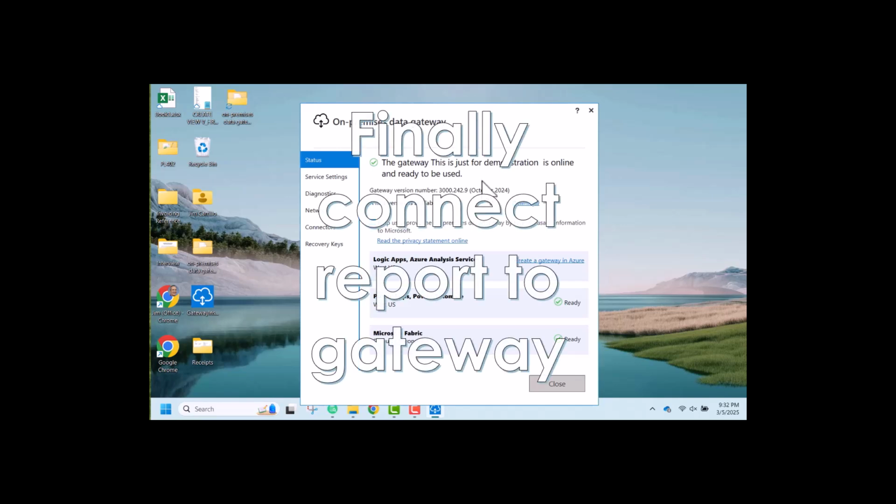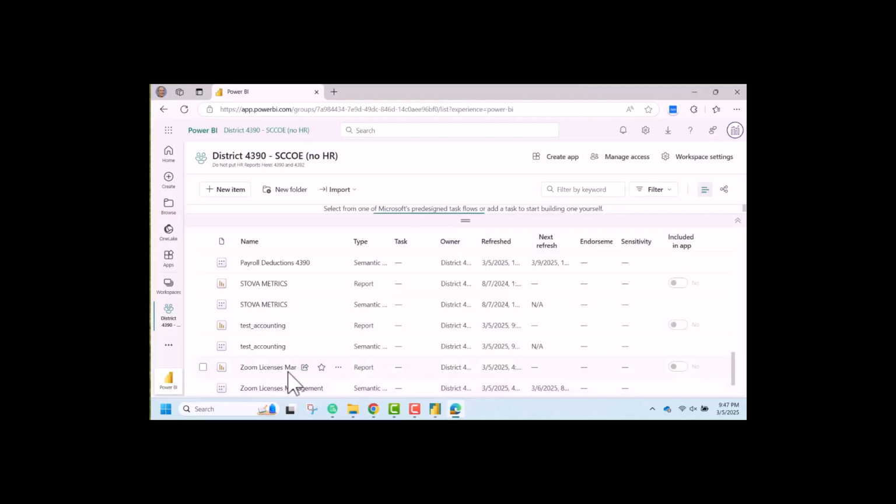That was as hard as it got. We have connected it to a data source. We've put the gateway up, and now what we're going to do is go online, and I'm going to use a different